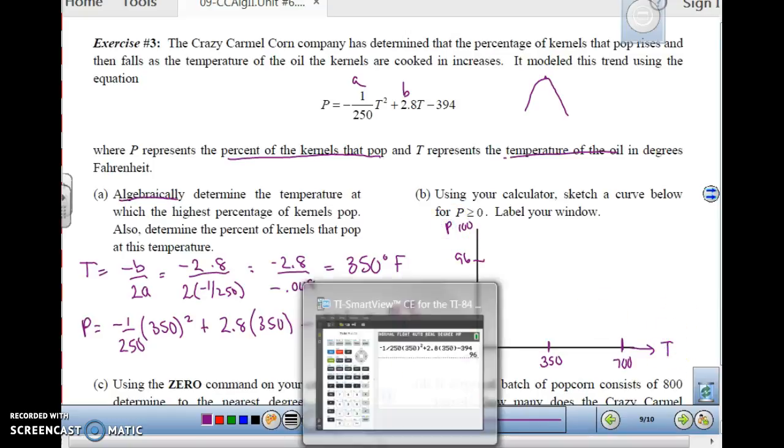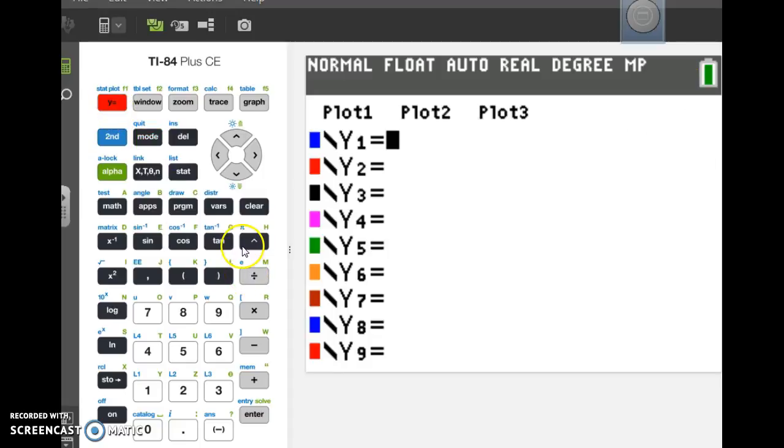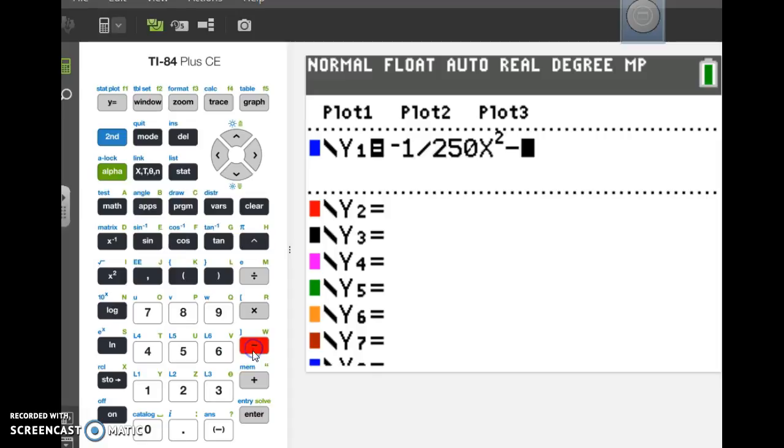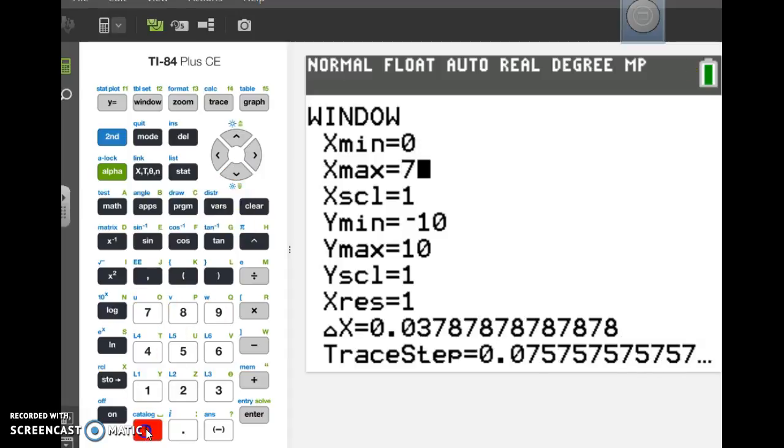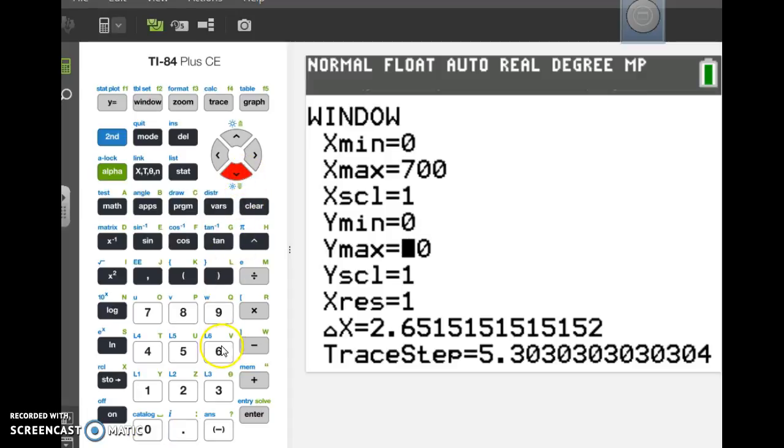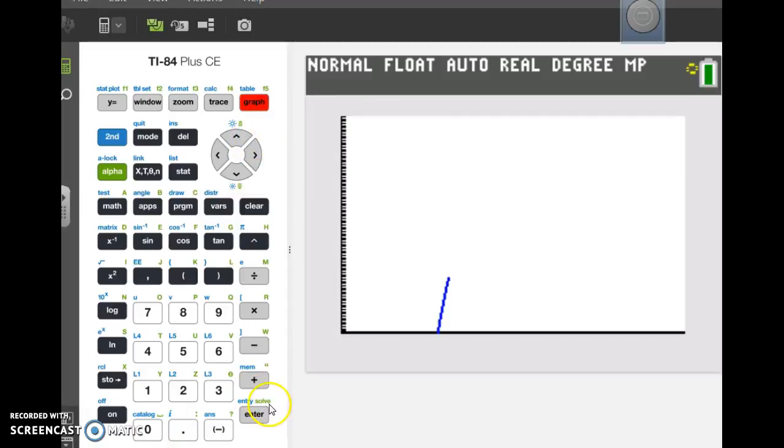So let's go to my calculator and go to y equals, and I have negative 1 over 250 x squared plus 2.8 x, and then minus 394. And then I'm going to reset my window. The x's were from 0 to 700, and my y's were from 0 to 100. And if I do my quick graph, it looks